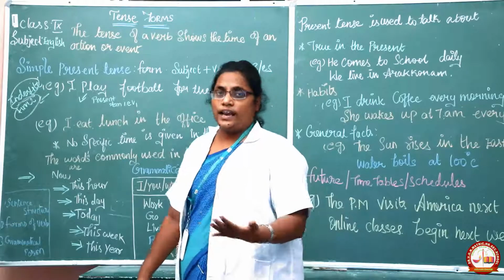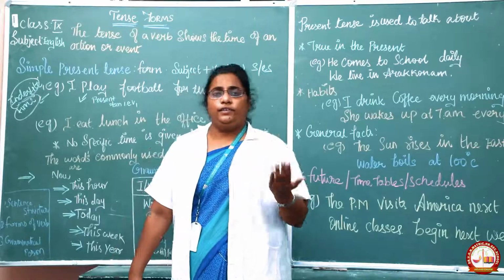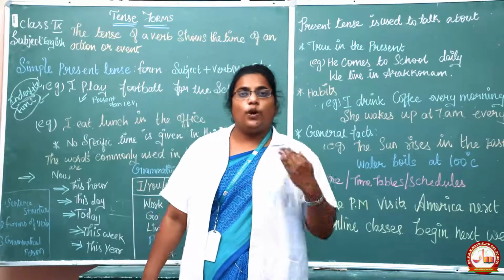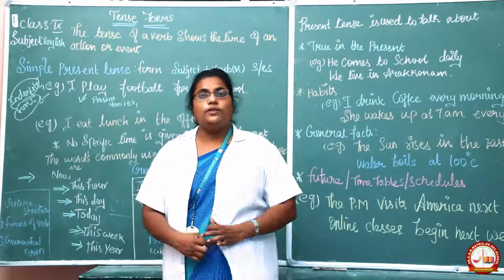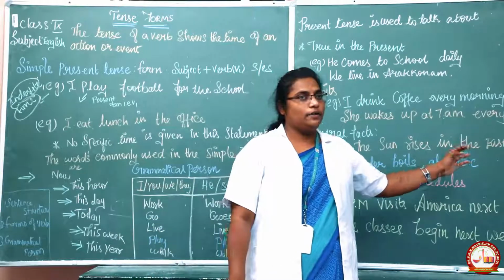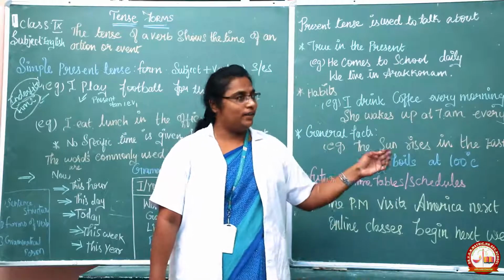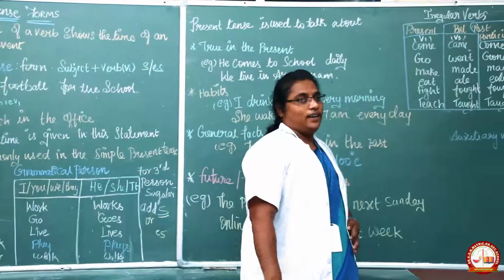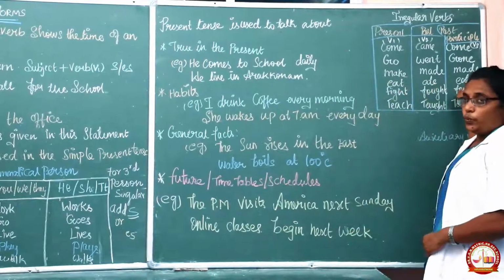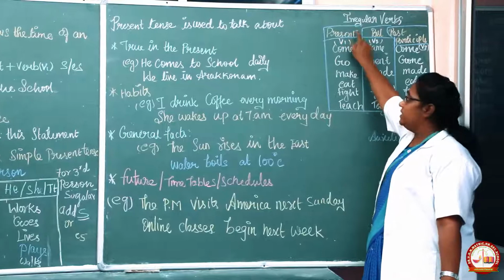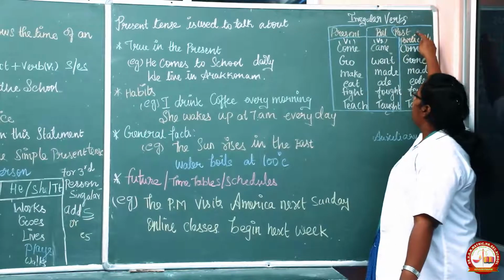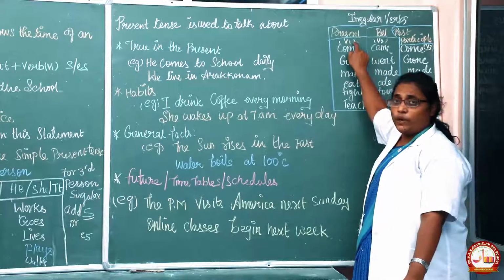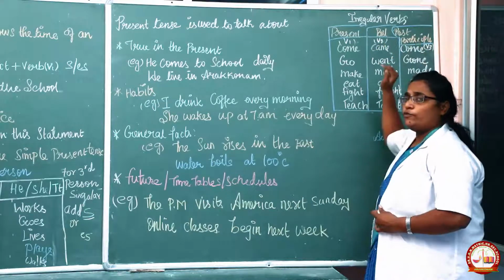Before that, I told you in the previous class about sentence structure. I told you subject, verb, and object will be there. Forms of verb I told you. Here you can see a table, this tabular column. That is V1, V2, V3. V1 is present tense, V2 is past tense, and past participle is V3. So these 3 forms we are telling, V1, V2 and V3. That is the forms of verb.